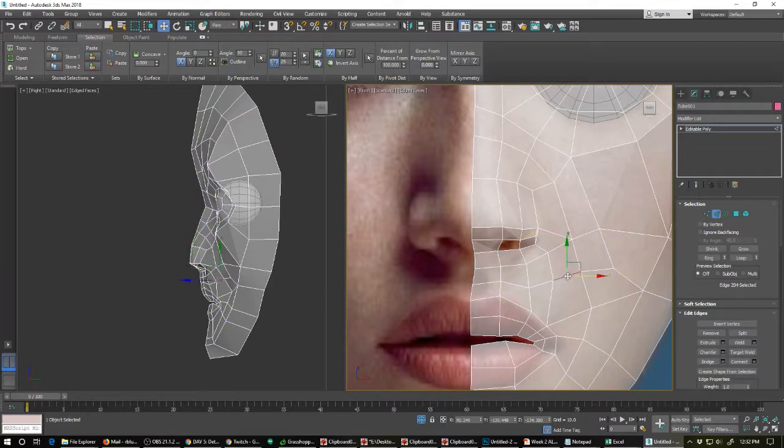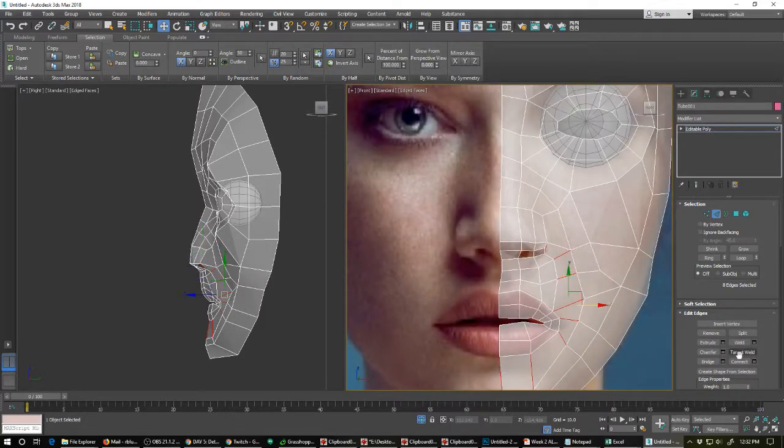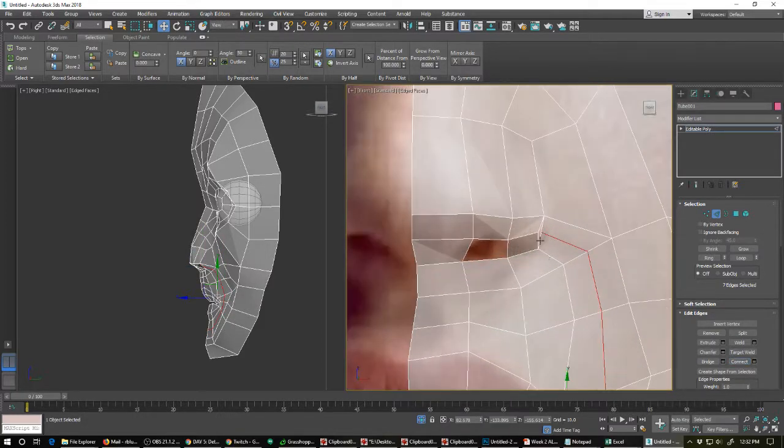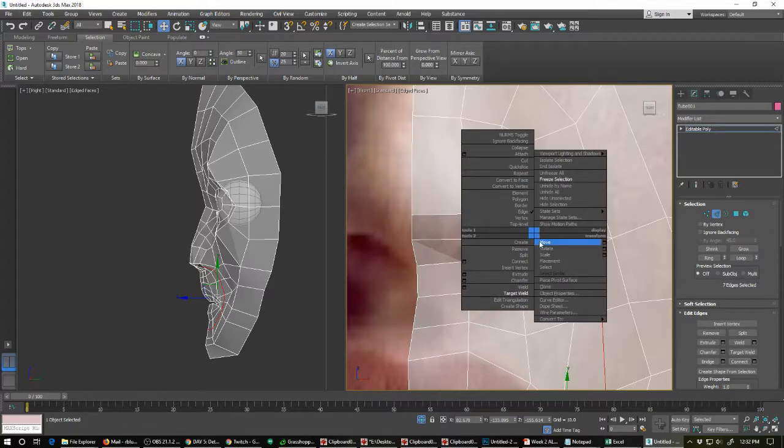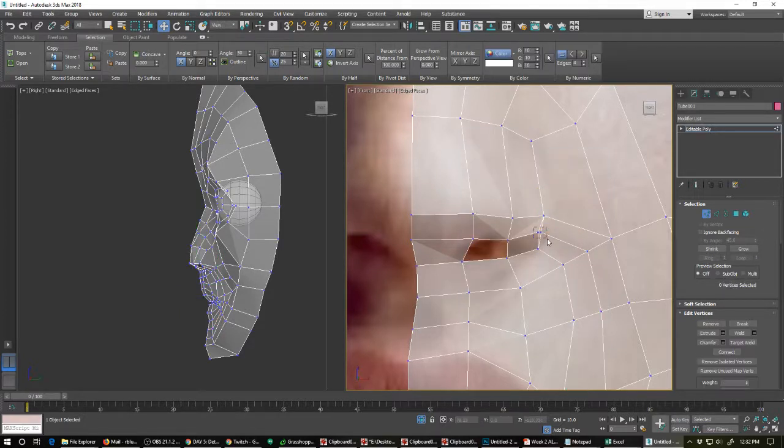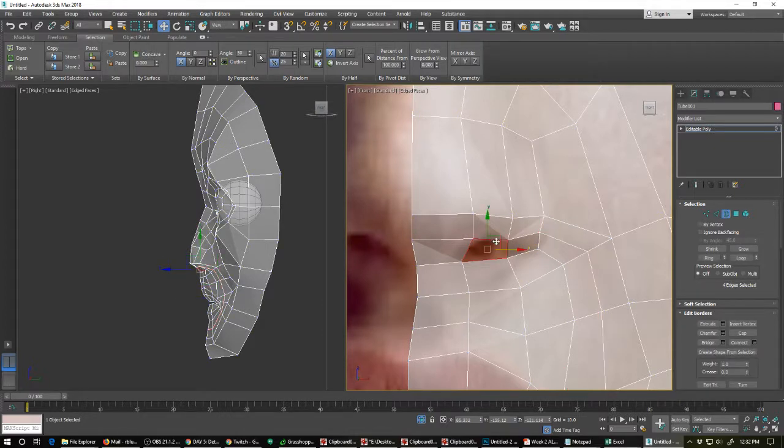And let's go here. Let's see if we can ring that. Yes, that rings very nicely. And let's connect it one more time. And let's go into vertex, collapse. And so this is just basically the nose, and I'm not going to worry about putting a hole in there right now,